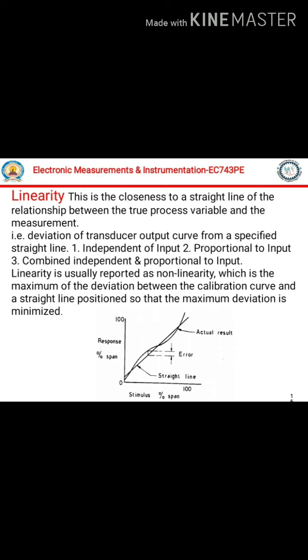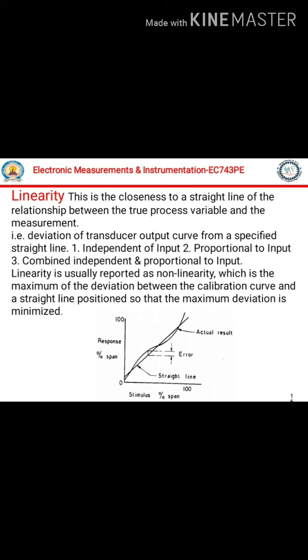As you all know, linearity means anything which satisfies the principle of homogeneity and superposition. Or, in other words, geometrically you can also define it: if the input-output relation is similar to a straight line passing through the origin with a slope of 45 degrees, meaning y is equal to mx plus c. As long as your input and output follow the straight line y is equal to mx plus c, the instrument is called linear.